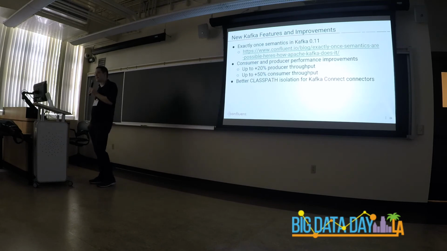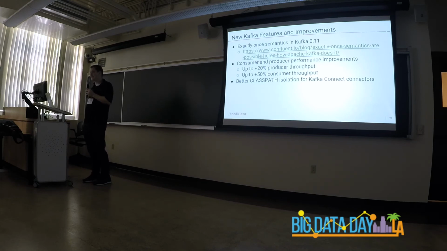One of the new things we're doing is exactly once semantics. So exactly once semantics are basically delivering end-to-end exactly once. In other words, K-streams should process each message only once. Kafka Connect should export each message exactly once. Obviously, because this is a distributed system, it's pretty tricky to do that because you have stuff like failures and messages getting lost on the network. Unfortunately, I don't have time to explain that in 5 minutes, but there's a ton of blog articles about it, so definitely follow up on that if you're interested.